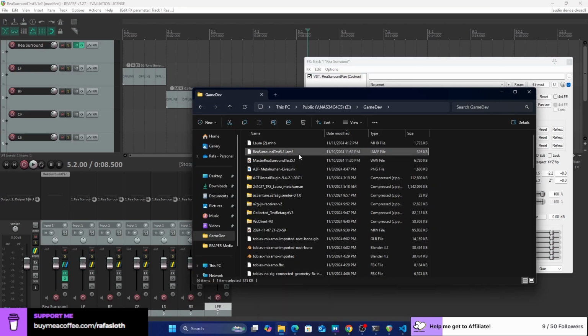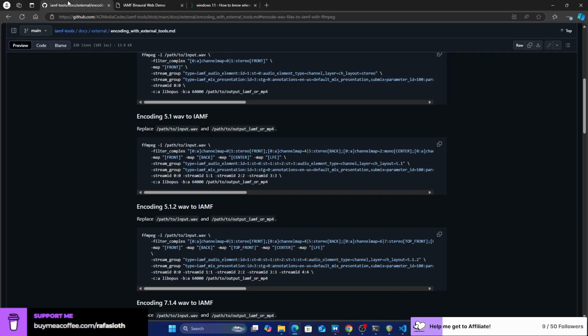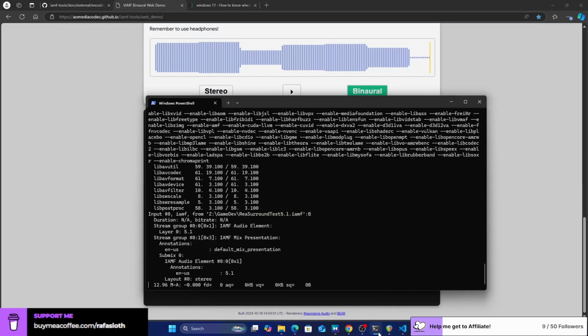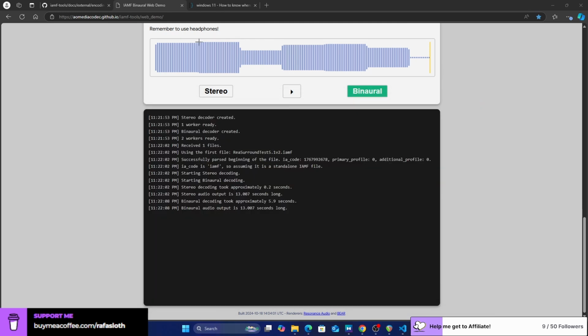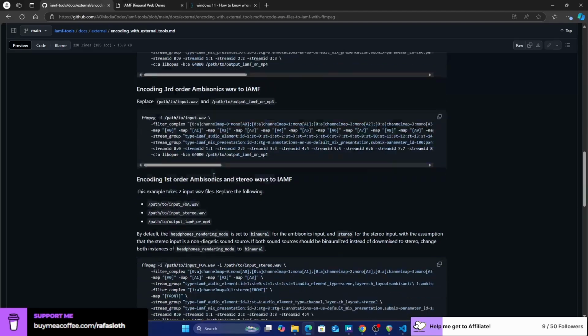What else? So we have IIMF files. With IIMF files created by us, we can either use the web player or FFplay, or wait for software like VLC to implement playback of IIMF, or you can just use the regular decoder.